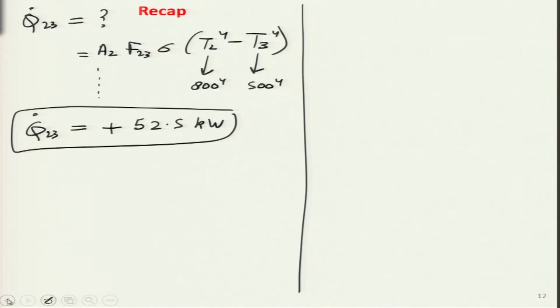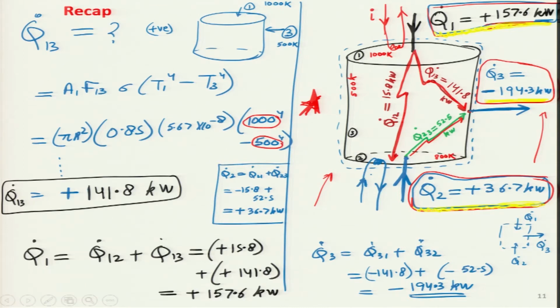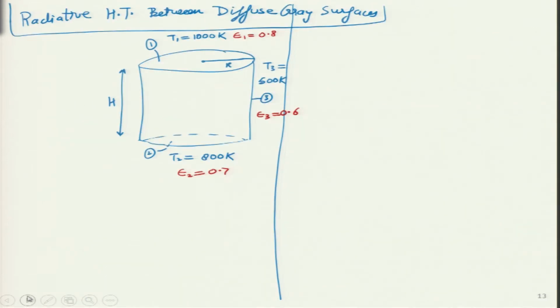So, if I go back 2 slides, this is the schematic of our original problem. The main heat transfer is from the top surface, part of it, like shown in the red arrow over here, travels and is absorbed by the bottom. Then another heat source is there from the bottom. So, this part and the heat source together, 36 plus 15, so it is about 53 over here, that travels in this particular direction. It was easy to solve because in a black surface, whatever is emitted by surface 1 is absorbed fully by surface 2. Because of the property of being a black body, it is a perfect emitter as well as absorber.